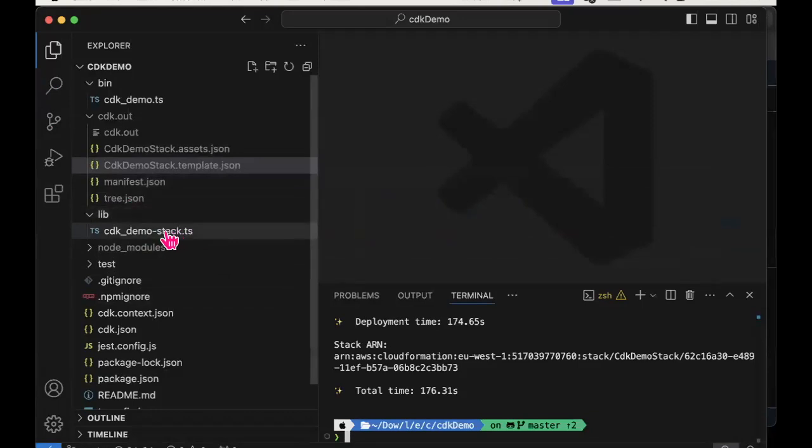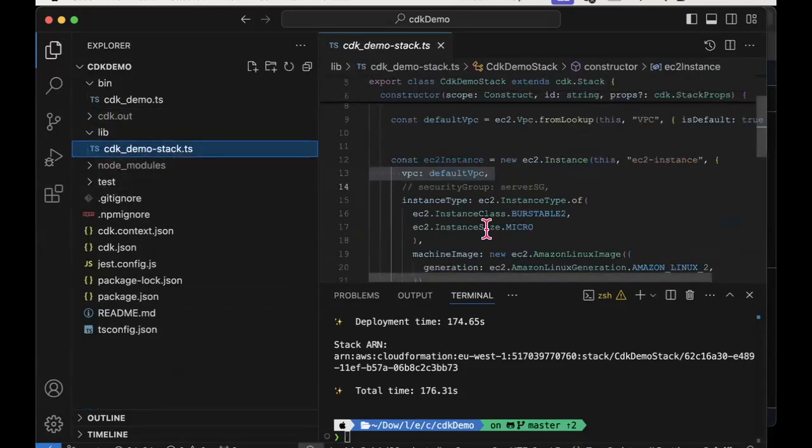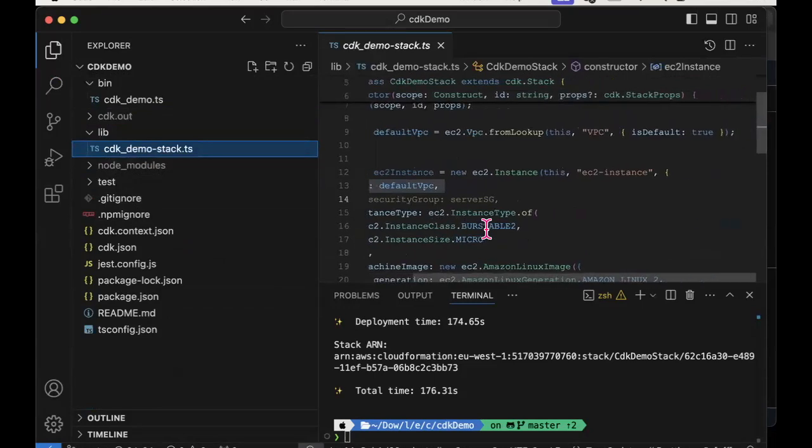If I go into my lib folder, okay, it's not EC2 instance.